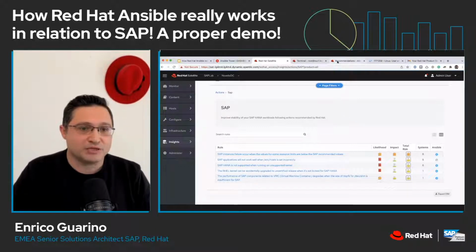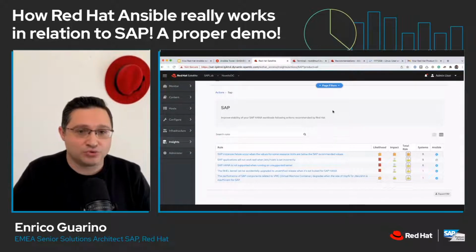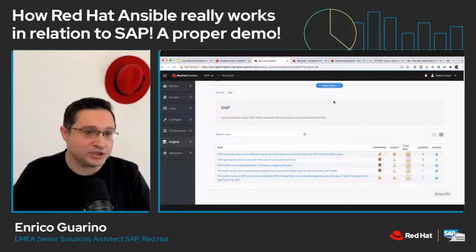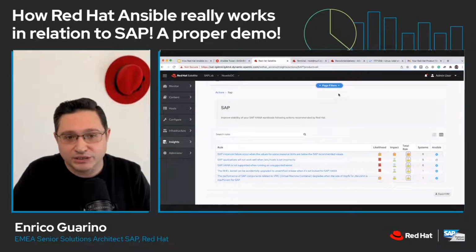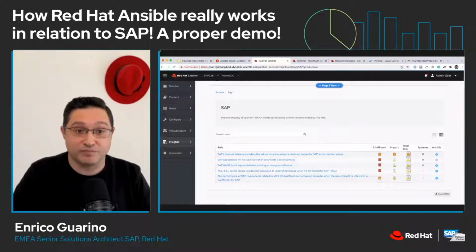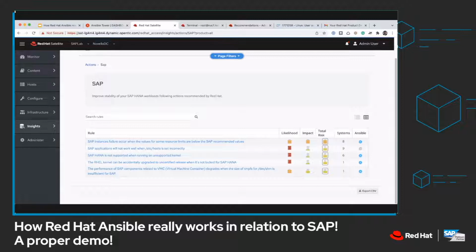For example, maybe right now we are not experiencing any performance issues. Just talking about kernel parameters related to max open files, or the max memory that a process can consume. Maybe you are not exceeding those limits right now because you have a small workload. But if the workload increases, you will hit those limits and you will get a performance issue. And this is exactly the use case that we are going to show right now. That's why we call it proactive monitoring, because it's going to tell you there is something you should review, because maybe in the future you could face this issue if you don't solve it.